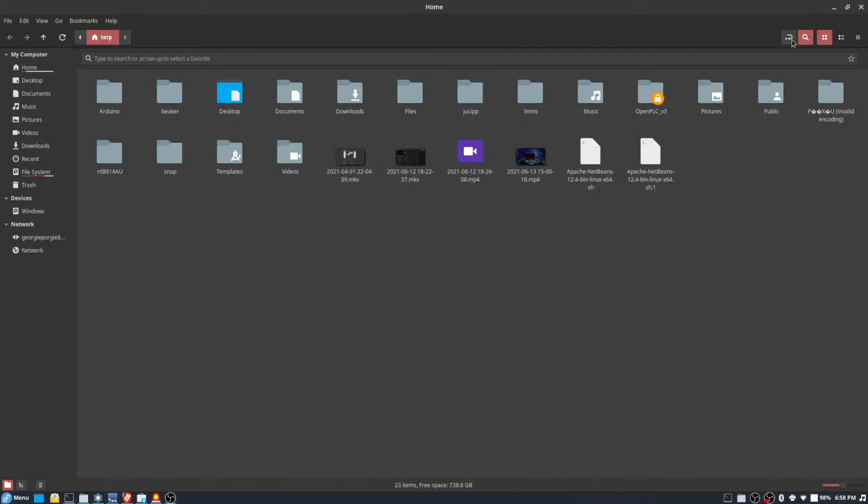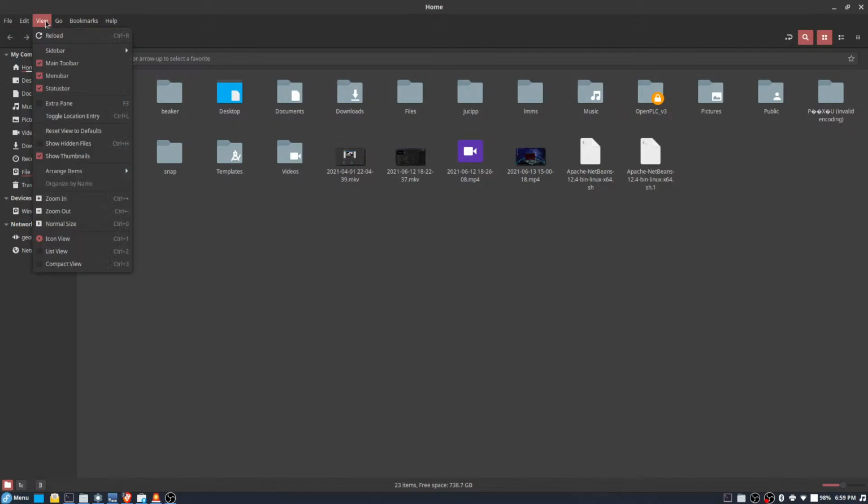Nope. View, compact view. Let's get extra pane. No, not extra pane. Zoom out, normal size, arrange items.